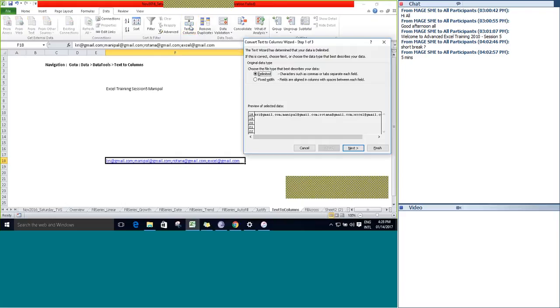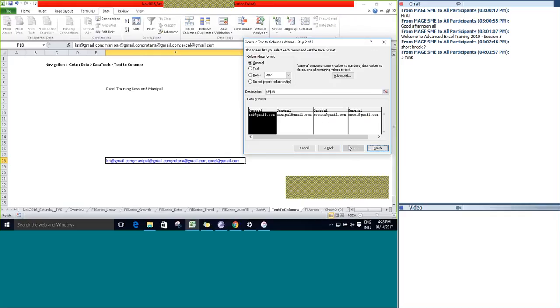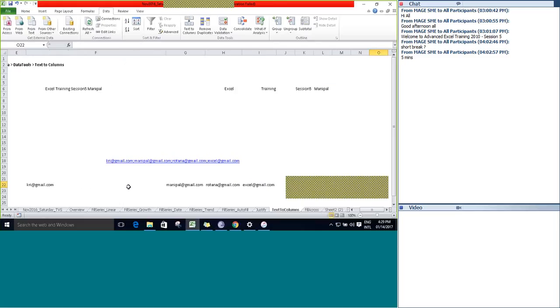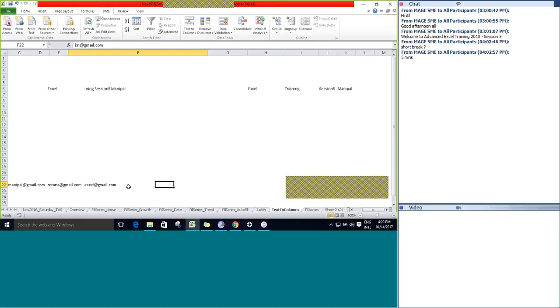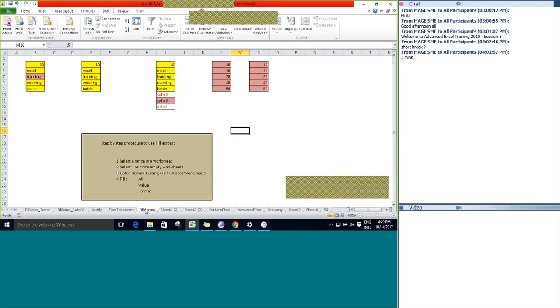Provide the location so that it will split the string and show it to the user. Click Finish. Here you can see the email IDs displayed after splitting. This way you can use Text to Columns as a command to split a single string into multiple strings. Able to follow this, everyone? Text to Columns concept? Fine.